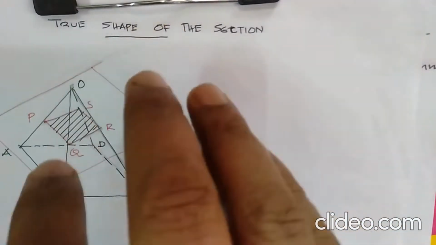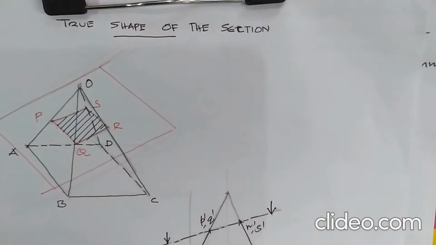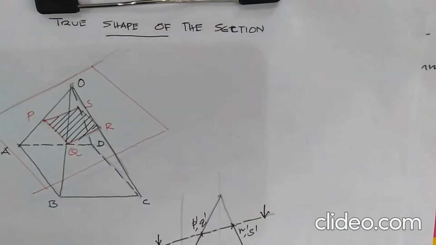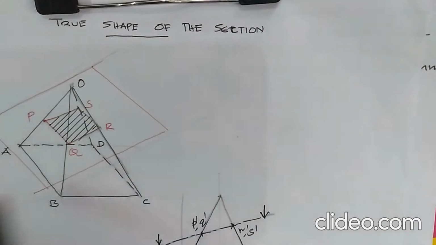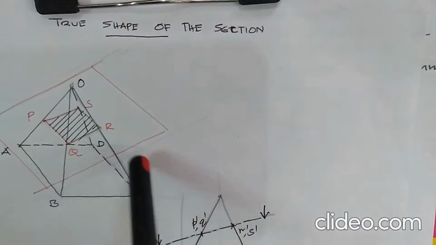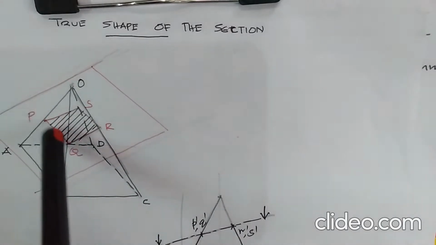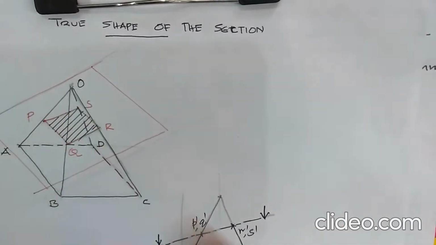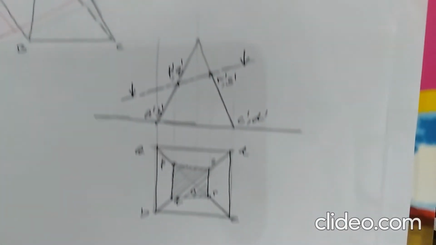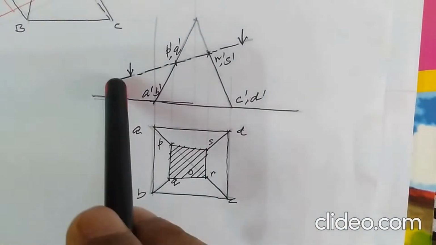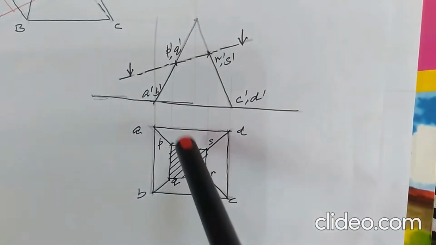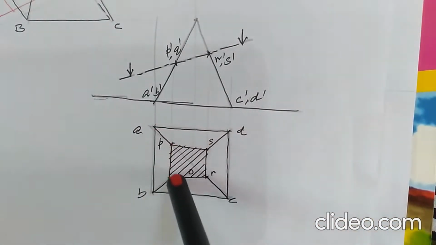Here, as an example, you have a square pyramid cut by a section plane, and this section plane is perpendicular to VP and inclined to HP. Say the solid is resting on HP. So you have PQRS as the section. Now, when you consider the projection of the solid under section, we have the trace in the elevation. PQRS is the plan of the section,